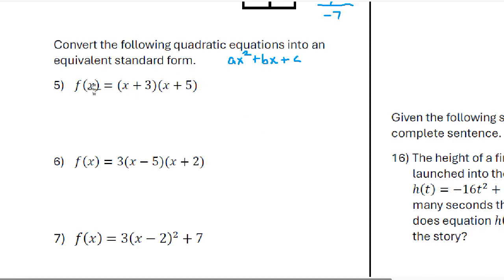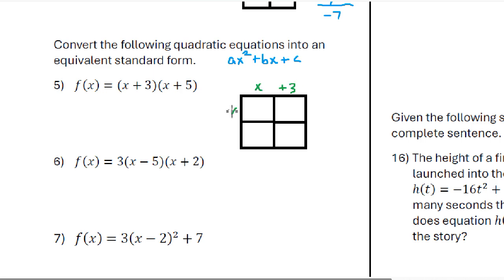this looks like. So now they give us f of x equals x plus 3 times x plus 5. Now class, there's a number of ways we learn to actually multiply binomials. I think the easiest way for many of you is just to go right back to the area model. Pretty easy to do. In this case, we actually have the side lengths already given to us. So we're going to write those in here, x plus 3